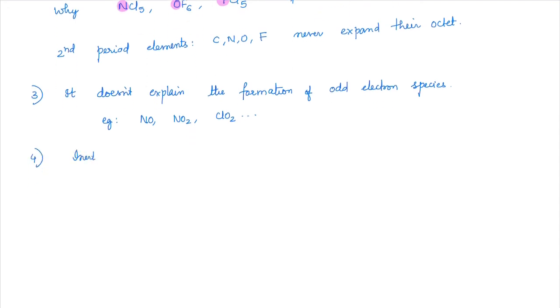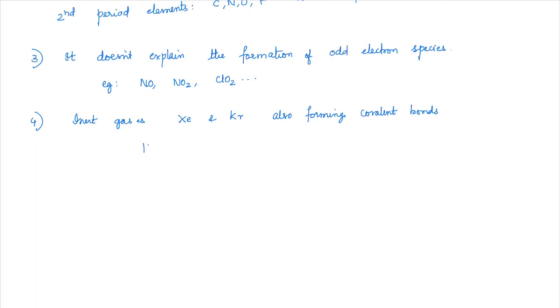Other than this, there are inert gases, xenon and krypton, also forming covalent bonds. Examples being KrF2, XeF2, XeO3, XeF6, XeF4, XeO2F2, XeOF4. So there are a lot of xenon oxide fluoride compounds. These are all in existence, but unfortunately we can't explain them on the basis of Lewis rules, because they have already fulfilled their octet. They already have octet completion. So why would they actually go for any chemical reaction? Right, guys? So these are the compounds you must be looking out for.